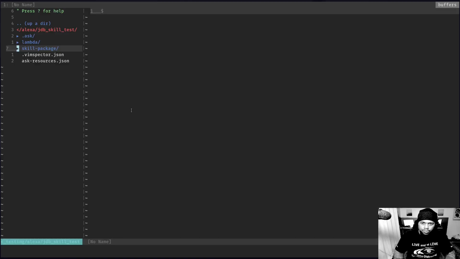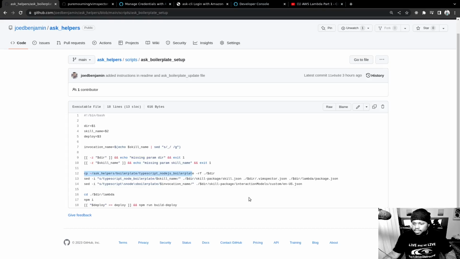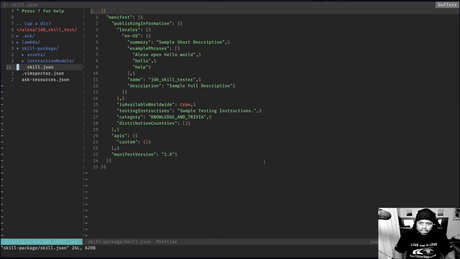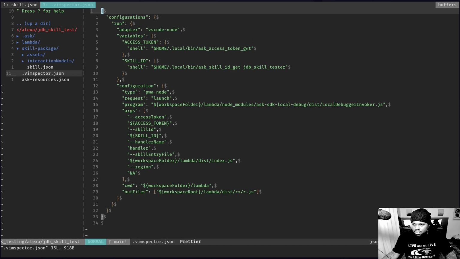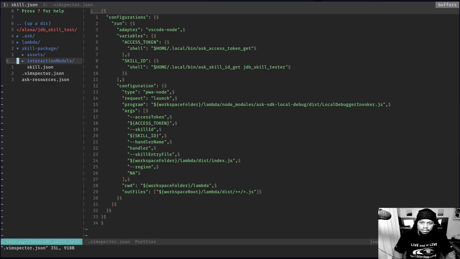If I go to the skill package and I go to skill.json, I can see that now my new name is JDB skill tester because that got updated. If I go to my VIM inspector.json, I can see that my JDB skill tester is here, because this is my skill ID that I'm going to name it. And if I go to my package.json,